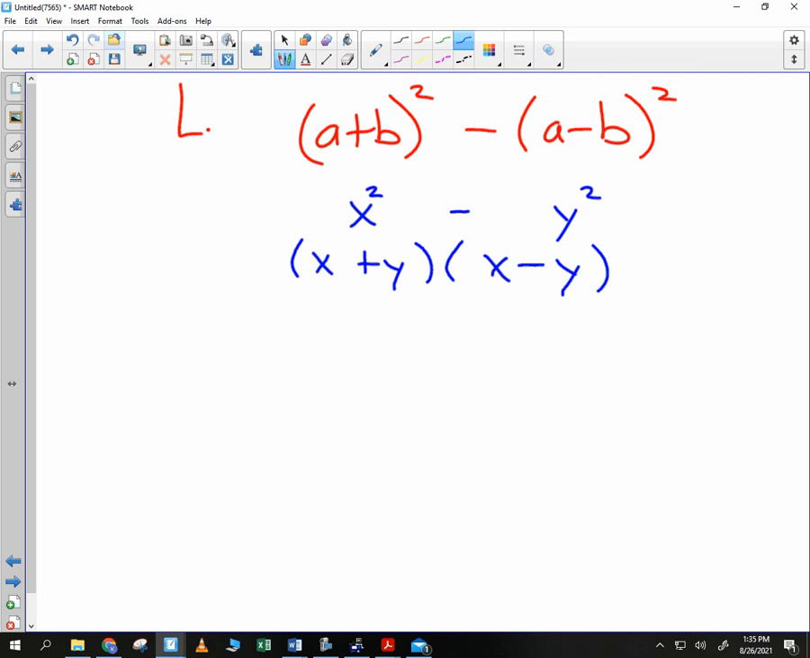So now, what I'm going to do is factor this, but instead of an x, I put a plus b. Instead of y, I put a minus b. So let's take our time and do that. It's okay. This is challenging. So in place of x, I put a plus b